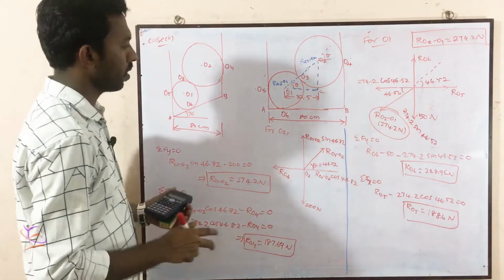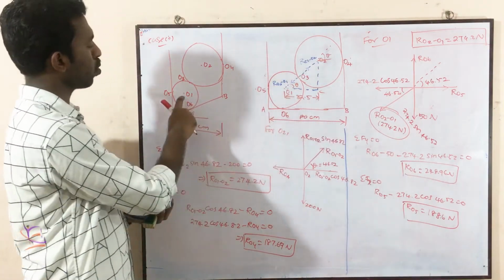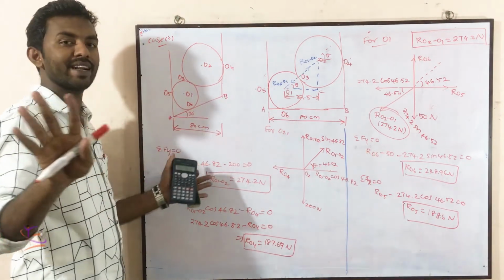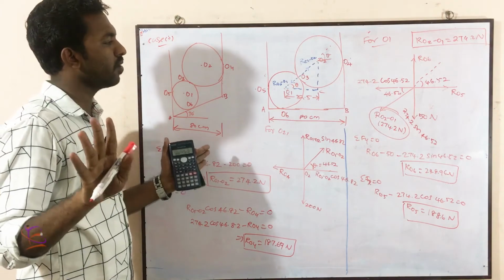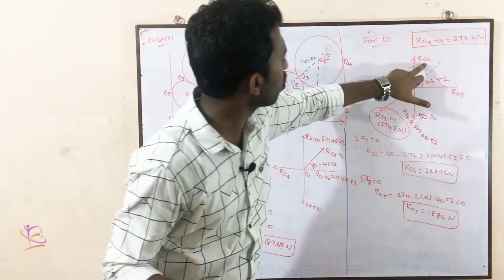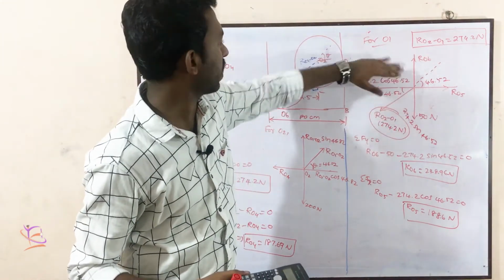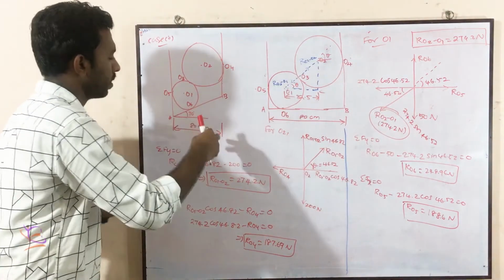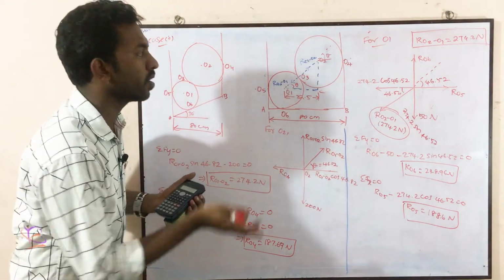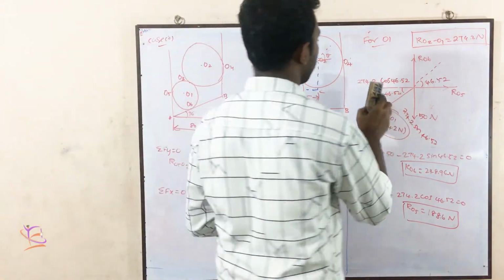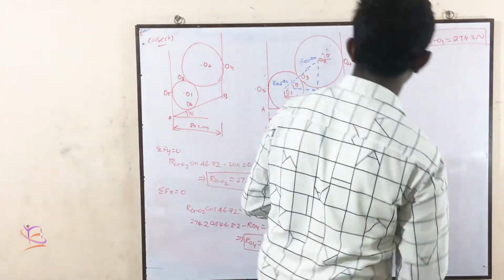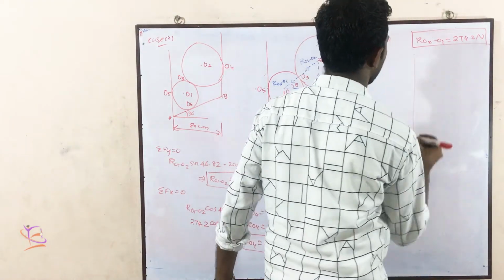But in the case of O1, this base is inclined, you know, 30 degrees. So this reaction force will be inclined. In the earlier case we took O6 here as just an upward force, because the base is horizontal. But in this case, the reaction force at O6 will be inclined. So this thing will be the same, and we are doing the free body diagram for O1, and the remaining will change. What is the change here? Only the reaction force.